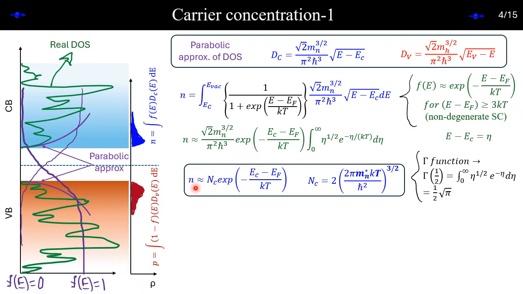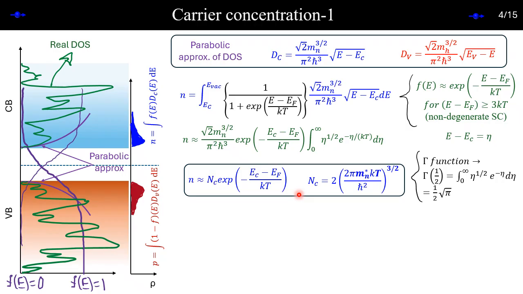So using these values, we can find the approximated value of n. This n will be NC times this, where NC is as you can see. To find NC, you need to do this integration. That's all. We have the Fermi function coming from Fermi-Dirac statistics, and the density of states, which are already derived. After that, it is an integration. Conceptually, it should not be complicated. A lot of simulation problems will be given, so you should solve them numerically and test it.